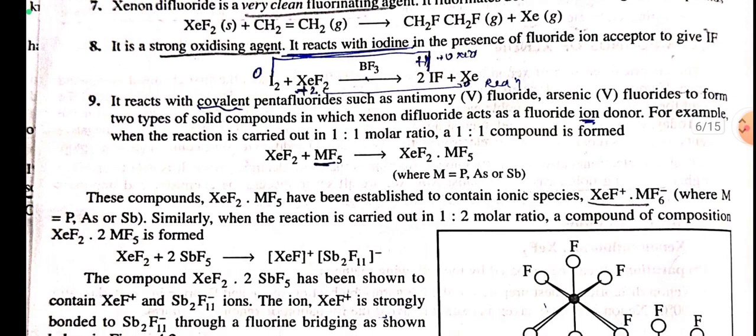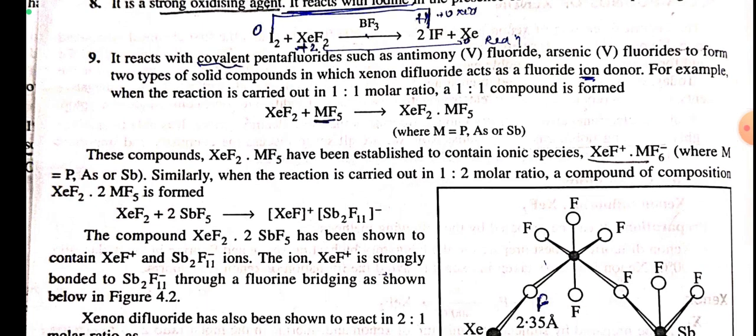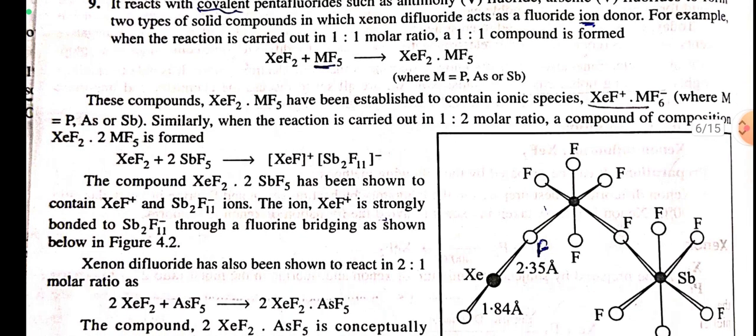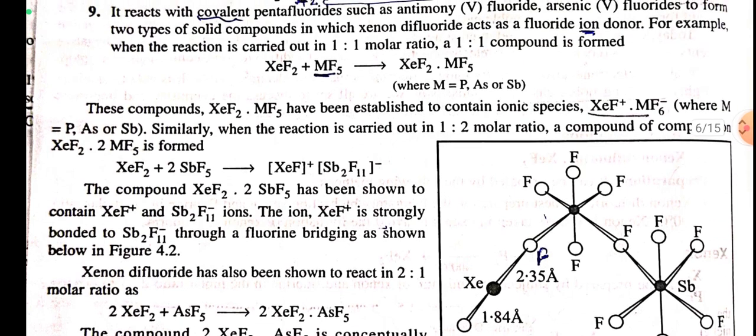It is a strong oxidizing agent. It reacts with iodine in the presence of a fluoride ion acceptor to give IF. It reacts with covalent pentafluorides such as antimony pentafluoride and arsenic pentafluoride to form two types of solid compounds in which xenon difluoride acts as a fluoride ion donor. For example, when the reaction is carried out in 1:1 molar ratio,